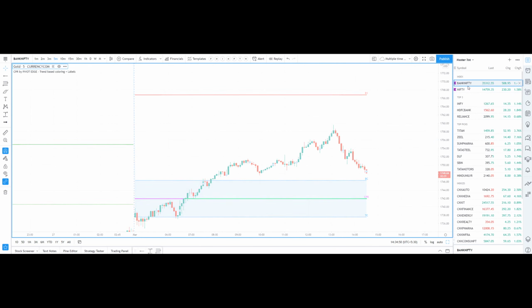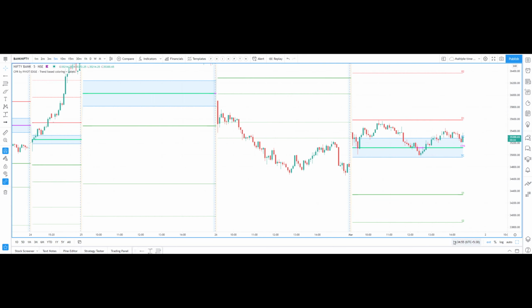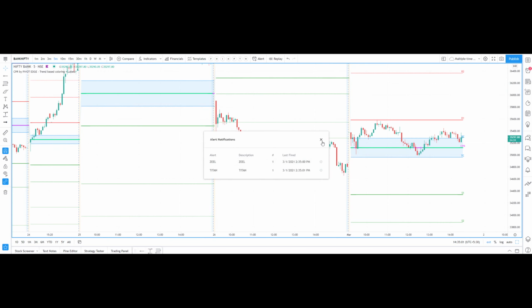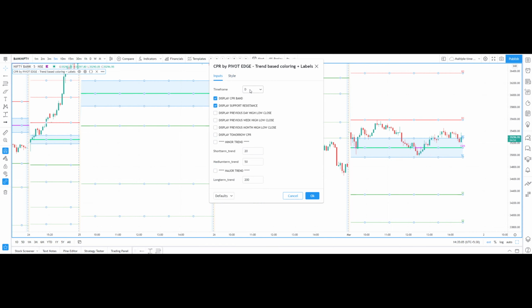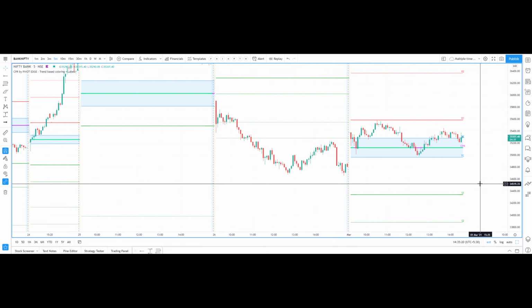Now I will show you one more important aspect of using this indicator. For example, if I am using this for intraday, I will set this option as day, in the day time frame, and then work for intraday. If you want to scalp, you can use 1 minute, 2 minute or 3 minute, and normal 5 minutes, 10 minutes, 15 minutes time frames you can work. Suppose you want to do multiple time frame analysis or top down analysis, then you can use this indicator for that purpose also.